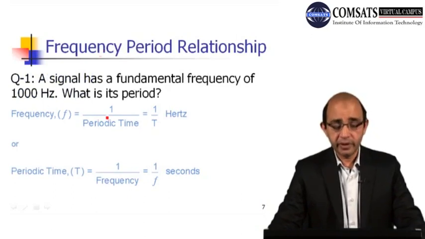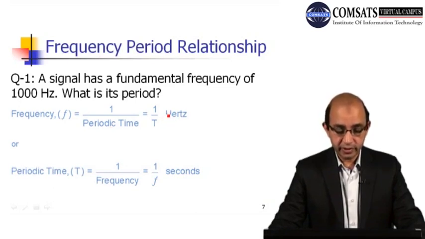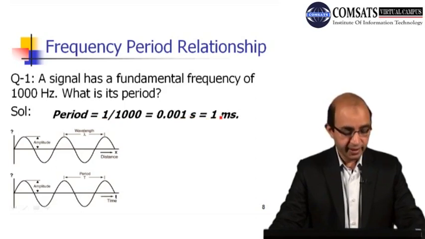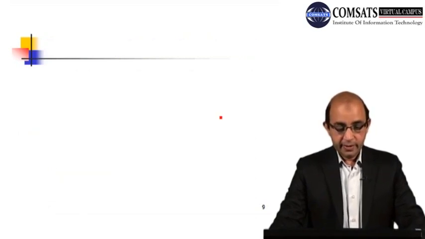Right, so here we have the relationship: frequency is equal to 1/time period, or 1/T, and the units are in hertz. Or we have time period is equal to 1/f, and this is in seconds. So here we have the answer: period is equal to 1/1000, so 0.001 second or 1 millisecond. Okay,